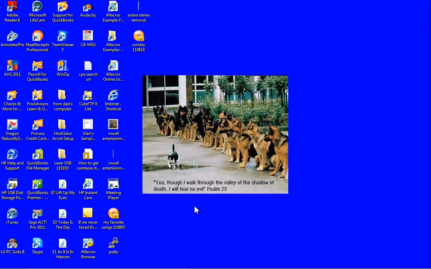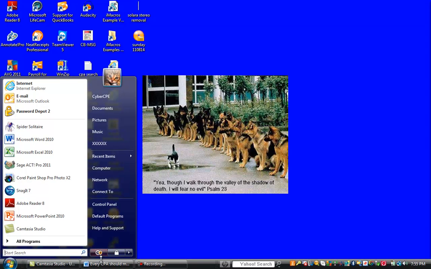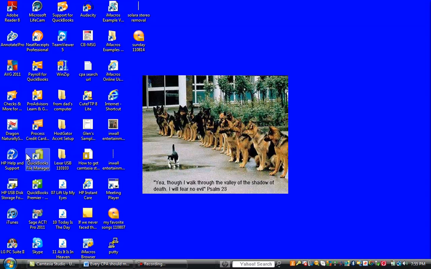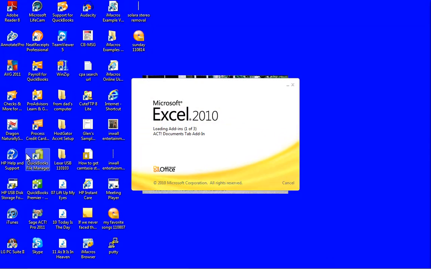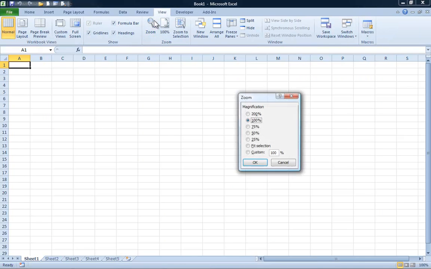Hi, this is Glen Christopher, and this demonstration will allow you to see how VBA code appears in the Visual Basic Editor as we are recording a sequence of steps inside of Excel. So I've just opened Microsoft Excel and I'm going to make a few changes to the interface. Hopefully this will make it just a little easier for you to see what I'm doing on the Excel side